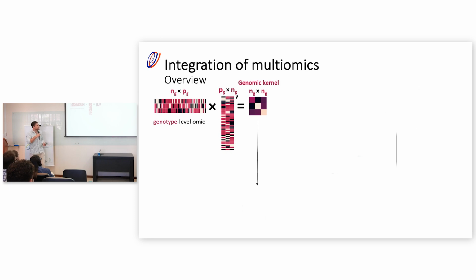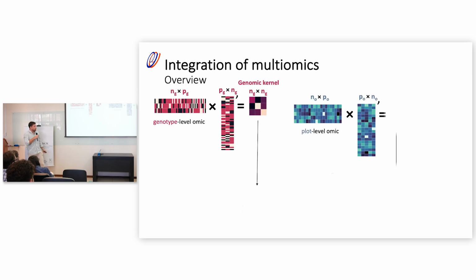You can call it whatever you want. This is the G matrix that we use in genomic selection. It has the dimensions of the number of levels, which is 3 here, and it's basically telling us the relation between one genotype and the others. On the other hand, we can have a plot-level omic. Imagine that we are collecting a sample of the soil for each of the 5 spots. That's a totally independent source of information. It has nothing to do with the genotypes; it has to do with how the soil is. So in this case we have 5 rows because each spot has its own information, and we have P sub O variables. It can be nutrients, humidity, temperature at 1 centimeter, whatever.